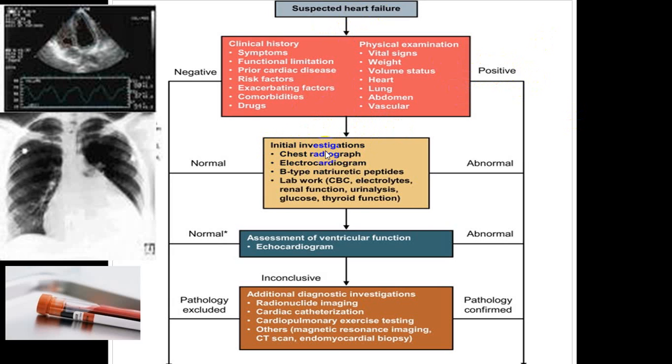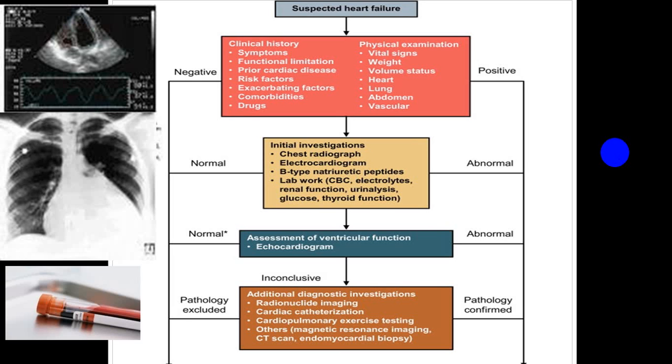Say we go for X-ray chest. In X-ray chest you see cardiomegaly, mild pulmonary congestion. In a severe variety you can get a butterfly appearance, pulmonary plethora. We call Kerley A line, Kerley B line here, Kerley A line here, and Kerley C line in the center. Bilateral pleural effusion, etc. you can see in a chest X-ray. In an ECG, you can demonstrate cardiac arrhythmia, ischemic changes, ventricular hypertrophy like LVH, RVH,